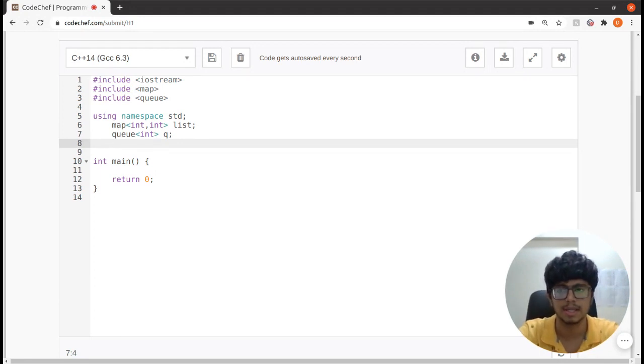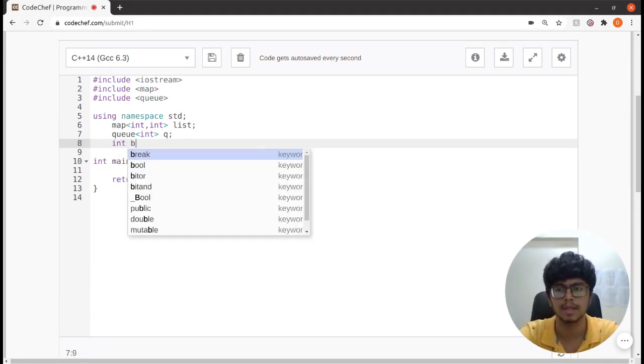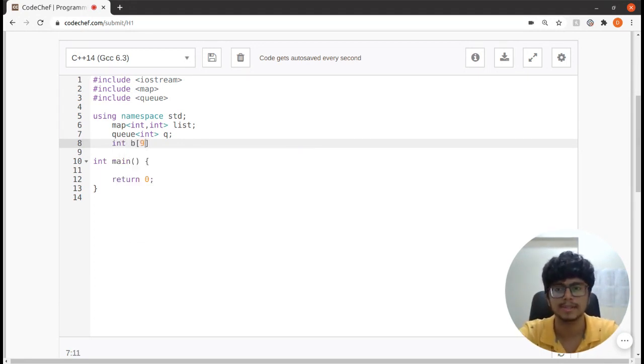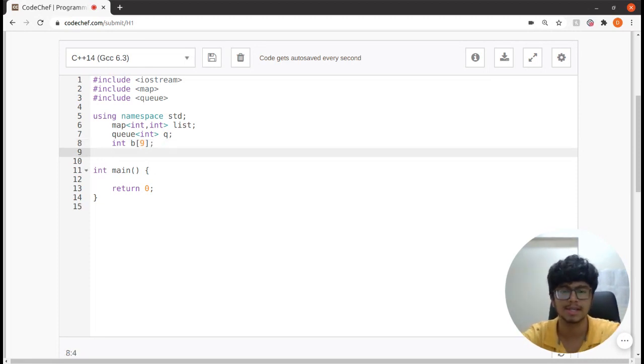Then let me just take an integer array of b, and this is the array of the powers of 10. So we can use it to divide elements to find an element, which we have discussed earlier, or we can use it to swap these elements as well. Now I won't declare it now, I mean just initializing it, and again I will just create another array. This is prime, and this will help me check whether an element is prime or not.